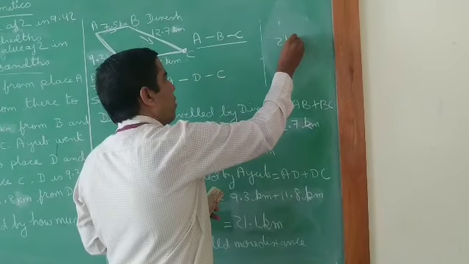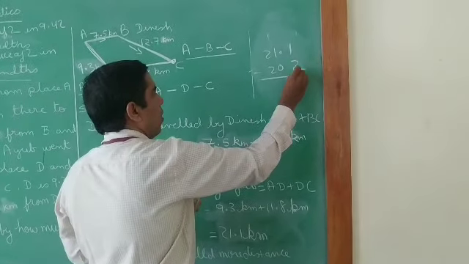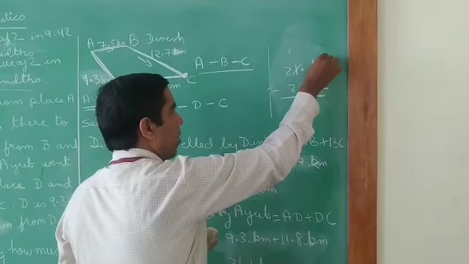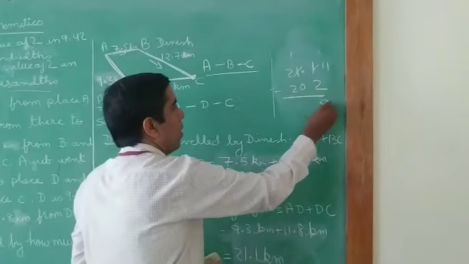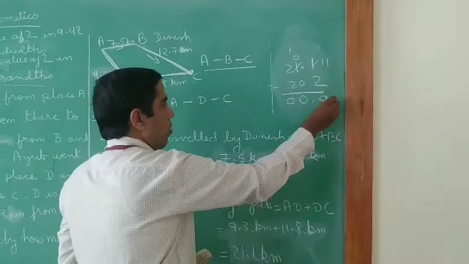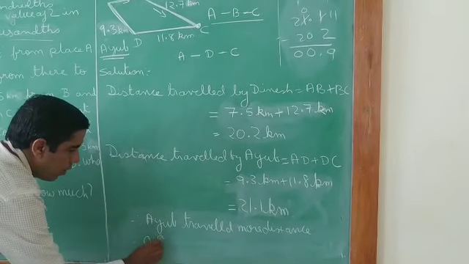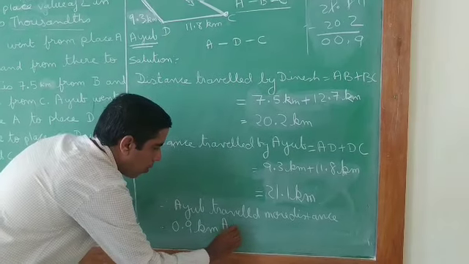To 21.1 minus 20.2. So you can see it is not possible to do 1 minus 2. So I will borrow 1 from here. This will become 11. 11 minus 2, what is the answer? 9. And this will be 0. So it will come here 0.9. So therefore, 0.9 kilometer IU traveled